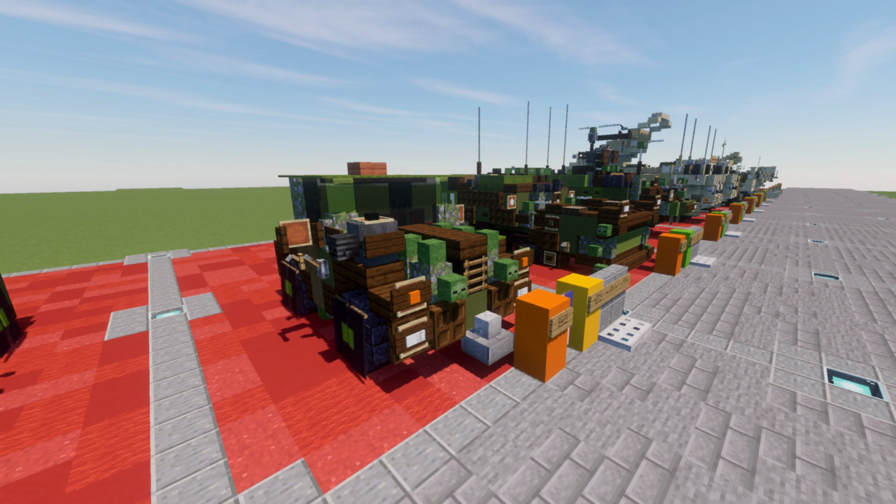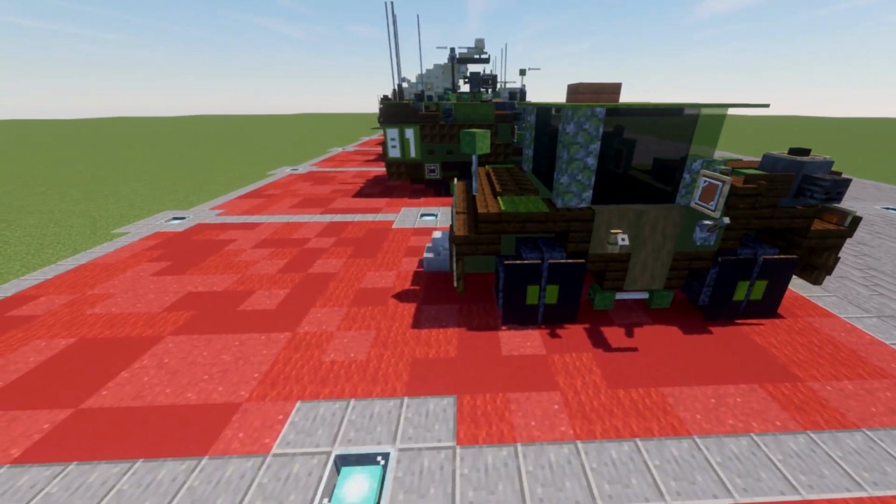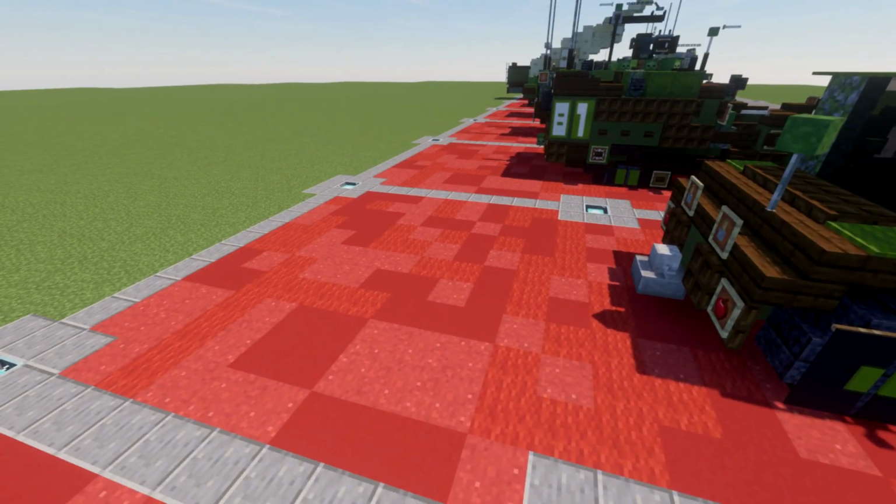Anyways, let's move into taking a look at this vehicle. This vehicle does feature two hitches. It has a hitch here in the front and a hitch here in the back. The back is typically where the aircraft is attached through a kind of towing mechanism,